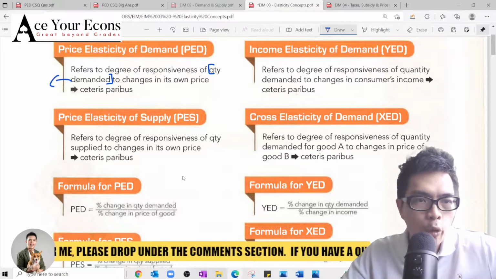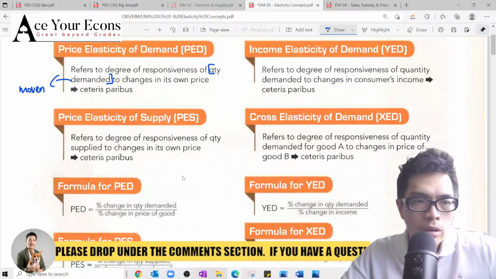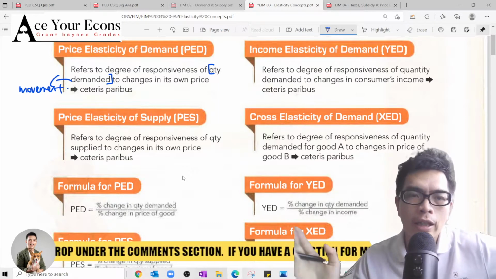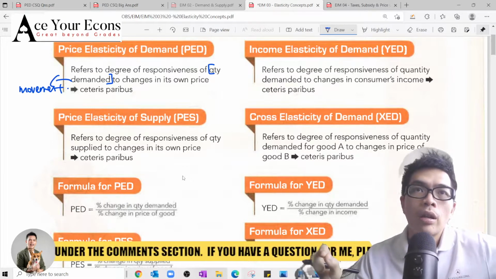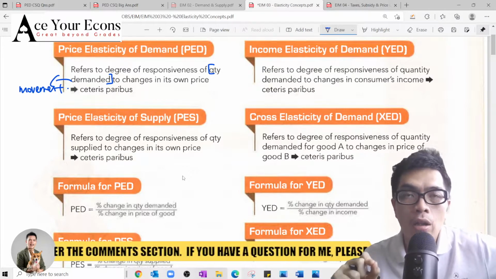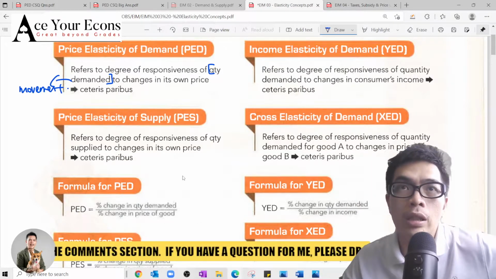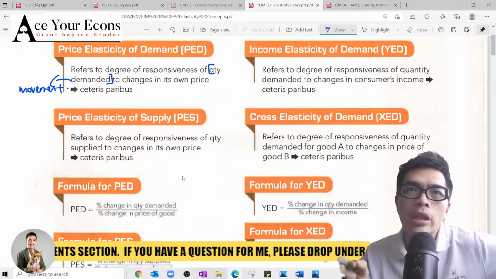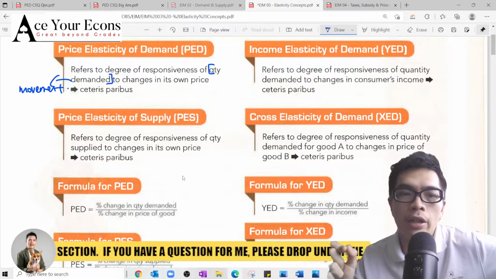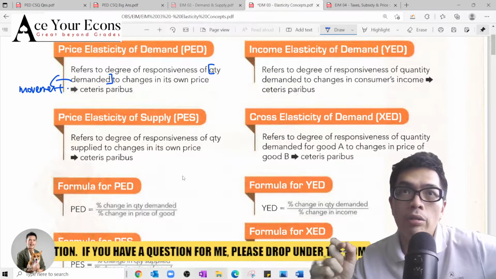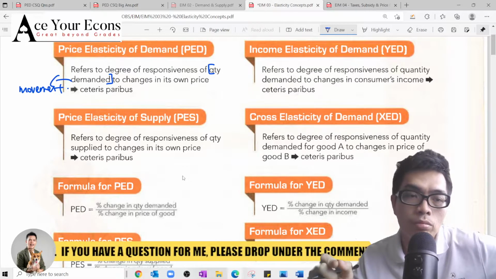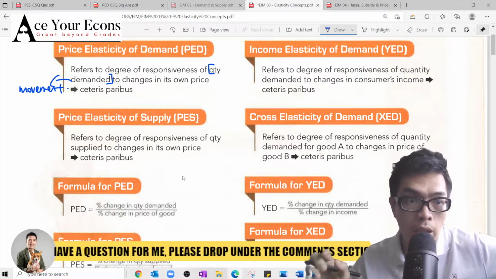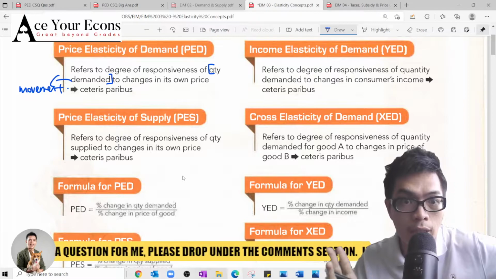This is a movement along your curve, whereas for demand, we are looking at a shift of your entire demand curve. For PED, we are concerned about the slope of your demand curve. We cannot change both of them; we cannot alter the slope and shift it. Ceteris paribus must hold. So today we'll be looking at the slope for PED. Please don't get these two concepts mixed up.